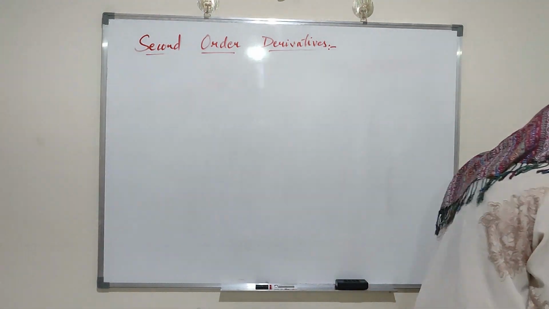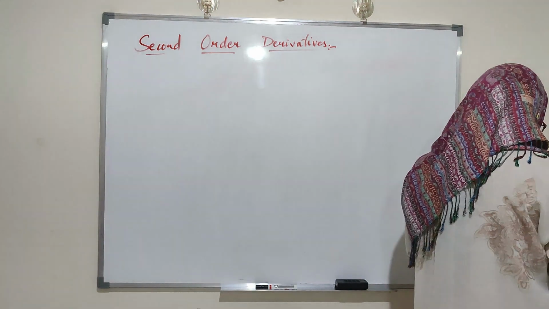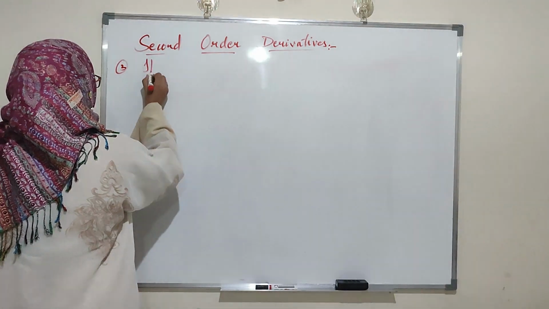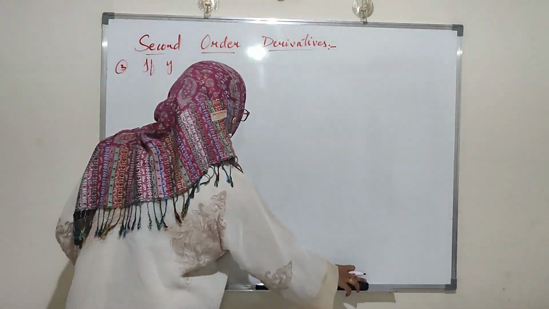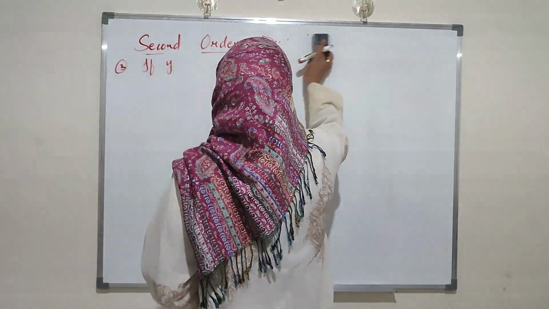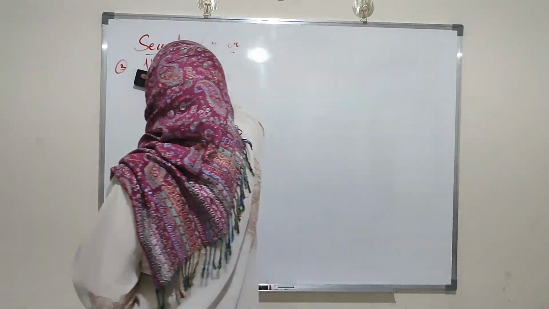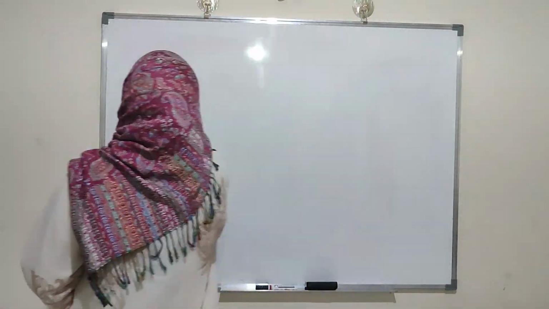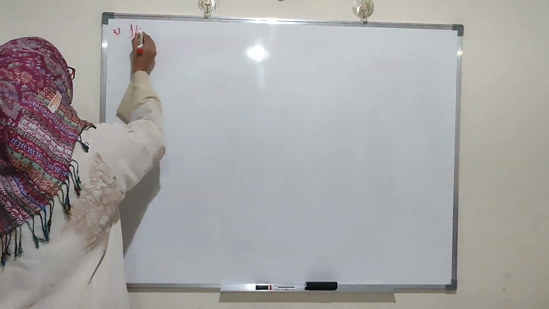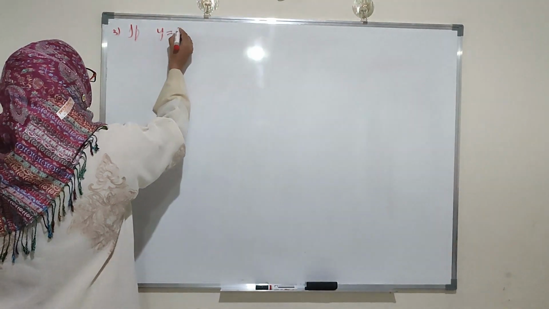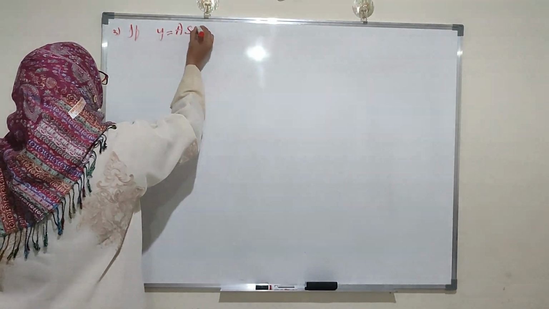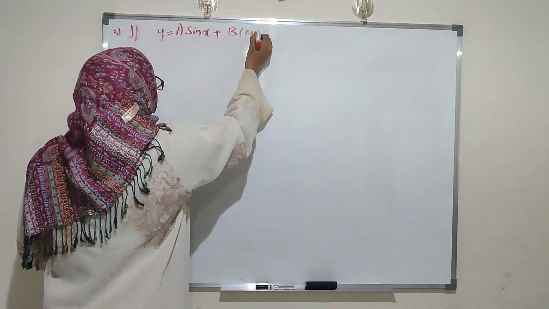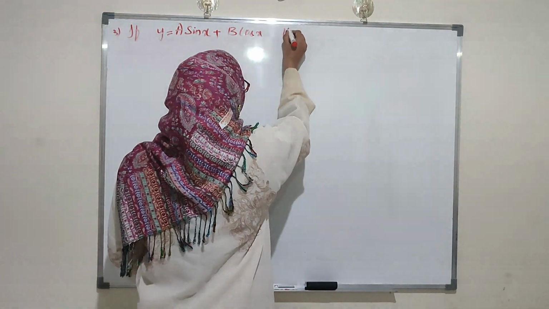Write down another example, the third example. If y is equal to a sin x plus b cos x, then prove that